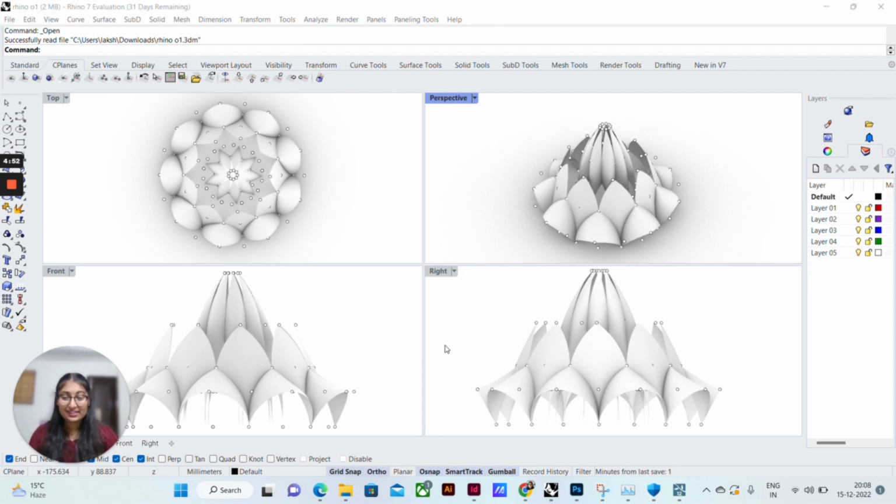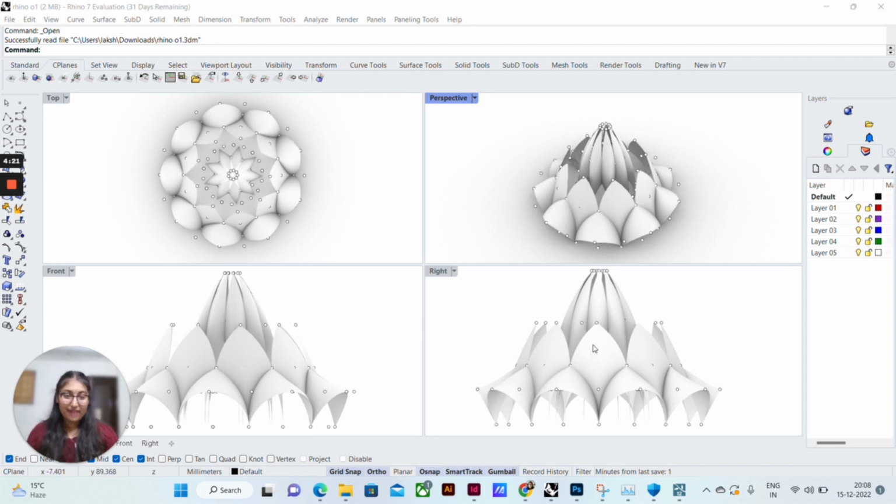The first exercise we did in Rhino was Lotus Temple. To make this Lotus Temple, I first made 3 concentric circles and then raised them in different levels, and then I created one petal using the arc and the curve tools. Once one petal was created, I used the array polar tool to array it along the circle.